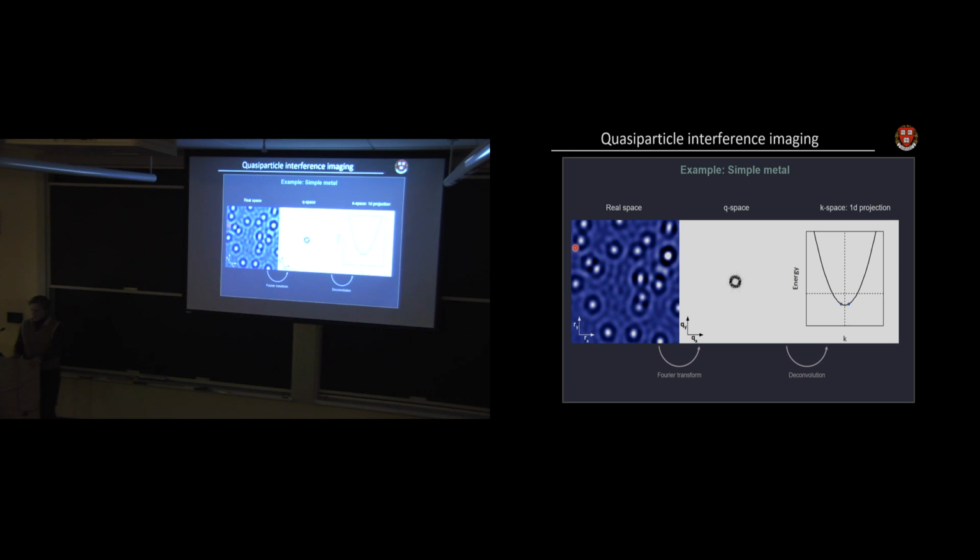This is an XY map, real space map of a given material. And let's suppose this material has a simple parabolic band structure. And suppose I introduce some perturbations, some defects. Now you can see in the background some electron waves scattering off of these defects. And these electron waves have a particular wavelength. And that wavelength corresponds to a wave vector, 1 over the wavelength, which is mapped along here.